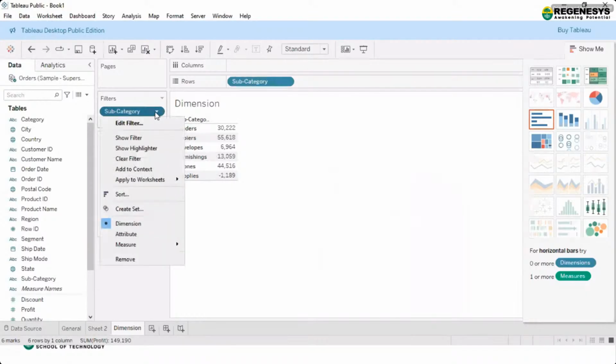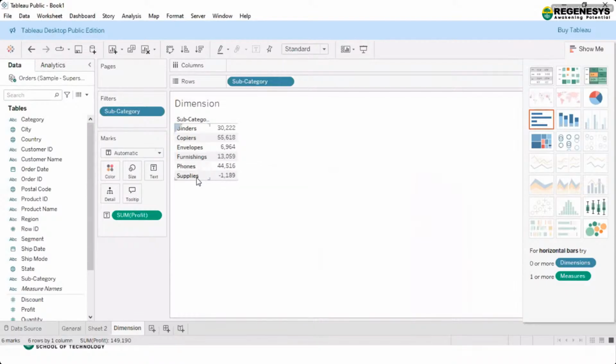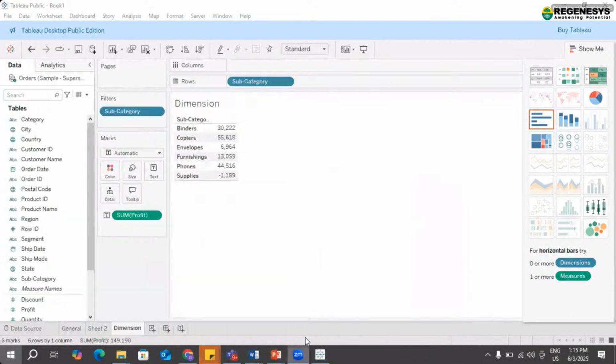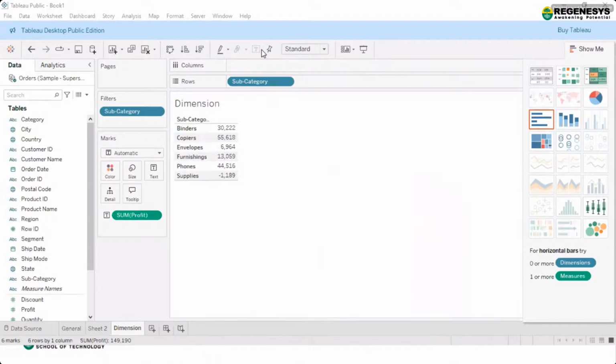Okay, so everyone try. Now I want the subcategories which end with S. Everyone create a dimension filter for subcategory which ends with S. Please everyone try this.